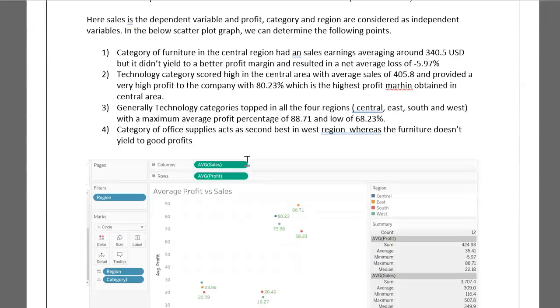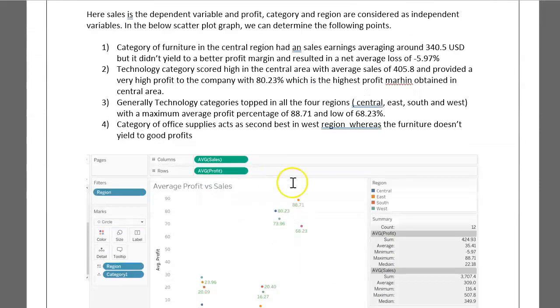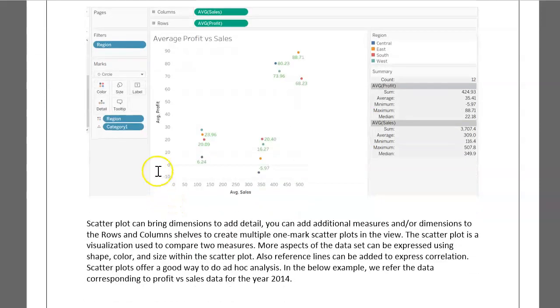It's going to be a scatter plot, where we have the average profit on the y-axis and the sales on the x-axis. The scatter plot tells us which region each point belongs to, denoted by a different small shape, and how many additional measures can be plotted, because this can be a multivariate